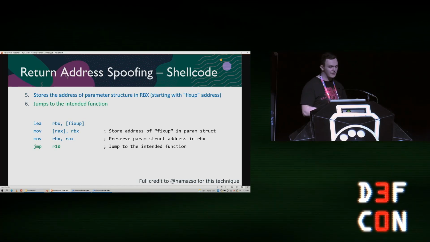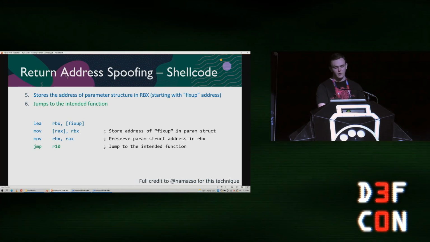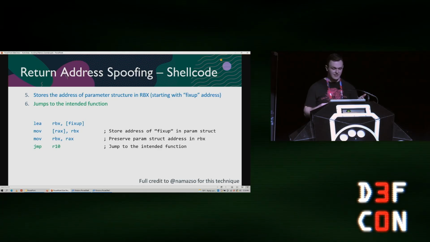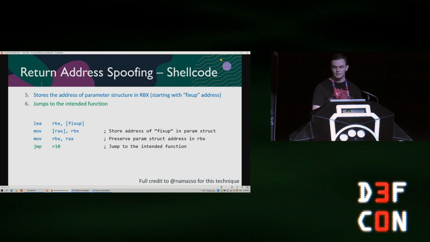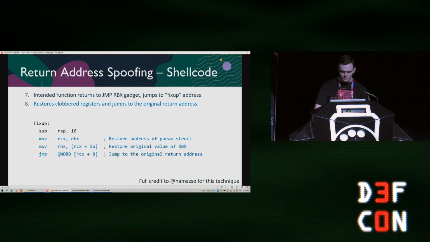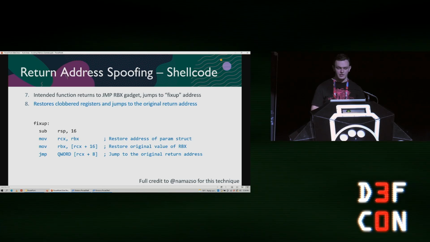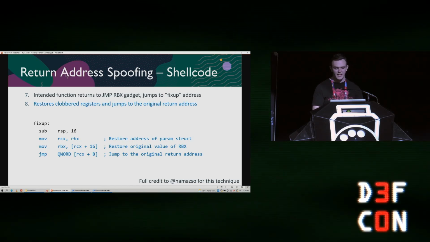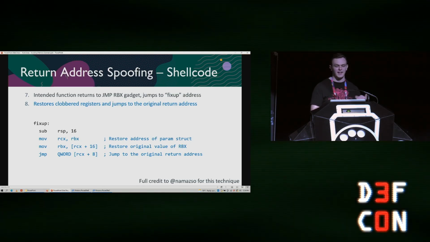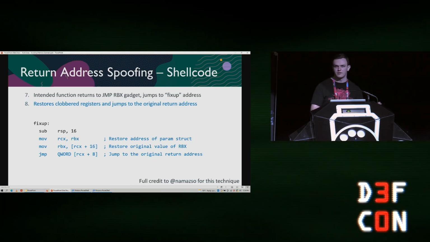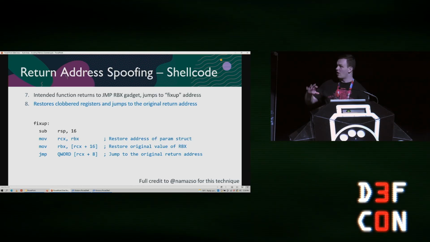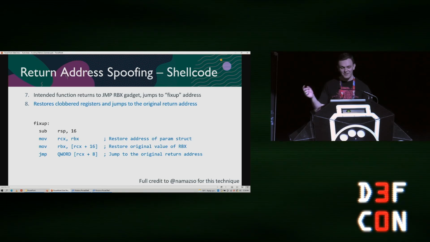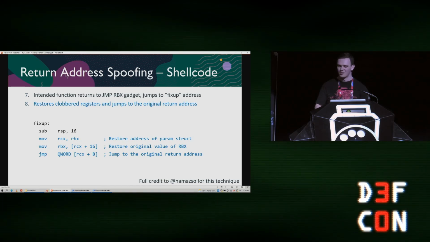we passed here. We're going to jump to it, and when it's done, it's going to return, and the return address is jump RBX. And so whatever's in RBX, in this case our cleanup function, is what it's going to jump to. So we can see it jumps to the fix-up structure. All this does is restore the original RBX, and then it jumps back to the original return address, which restores execution. All of this combined is maybe a little bit confusing in this presentation setting, but if you looked at the code, it's maybe more cohesive.